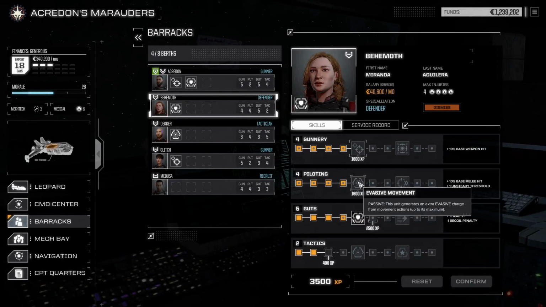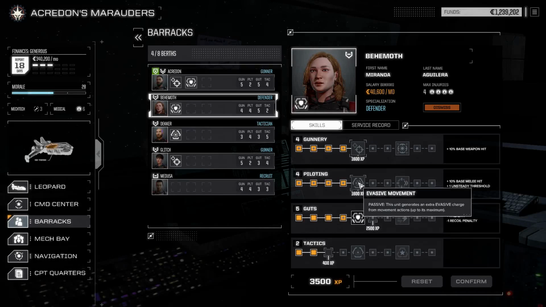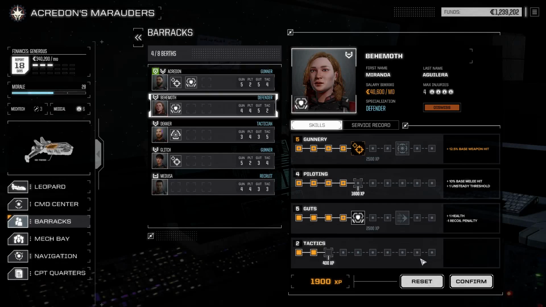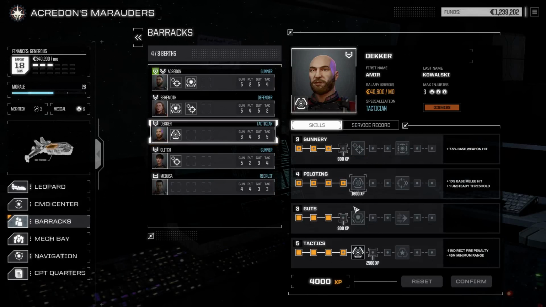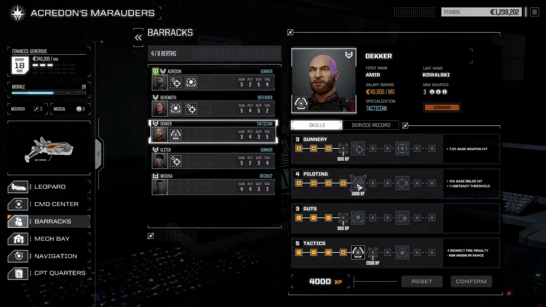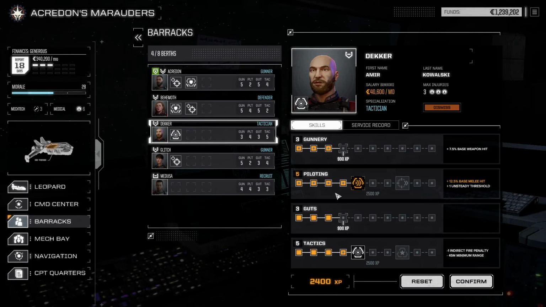I could consider going bulwark and evasive movement for someone, but I'm not sure. Maybe I'll just do it with someone else later. For now, I think really this is the best option. So multi-target. Decker has his sensor lock, and the next will be piloting for the extra evasive movement. For now this will be